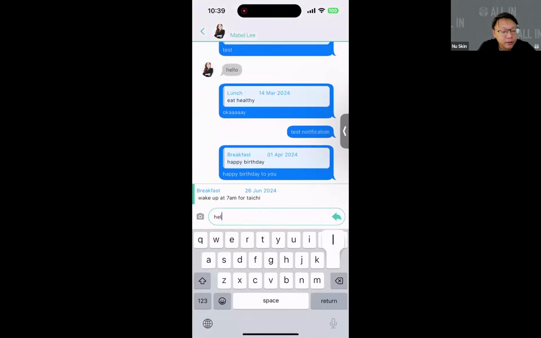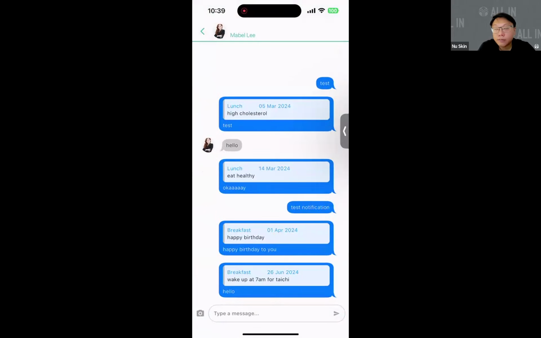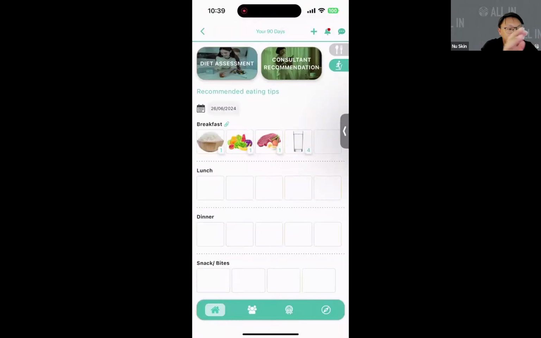So the chat is able to respond as per the last conversation. They are able to reference the last comment they commented on by screen grabbing the last conversation over there as well. So that's the main function of the recommendation and assessment. Let me just pause for a while and see any Q&A.